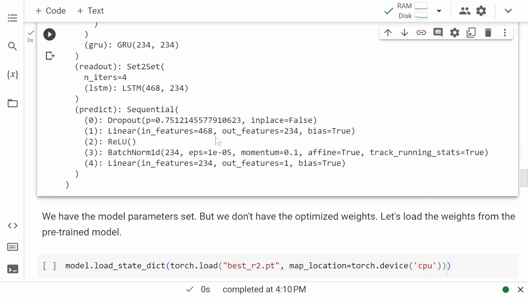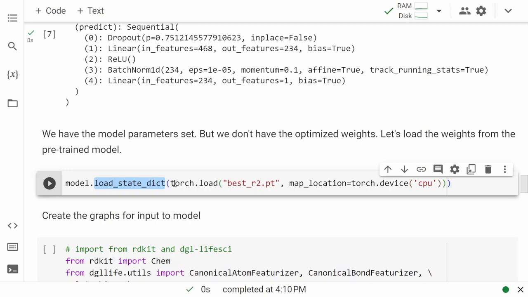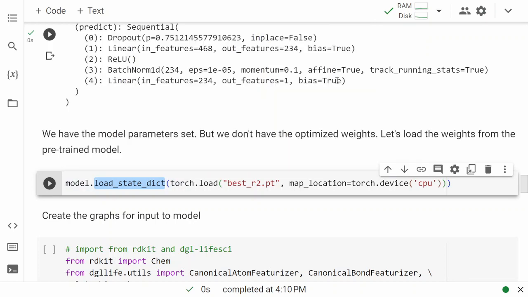And the way we do it is loading the model weights, and this is how it is done. So we have load state dictionary, and this is where it gives all the mapping and parameters that are required, the weights, and we say okay, torch.load, we load this model. The reason we are giving map location